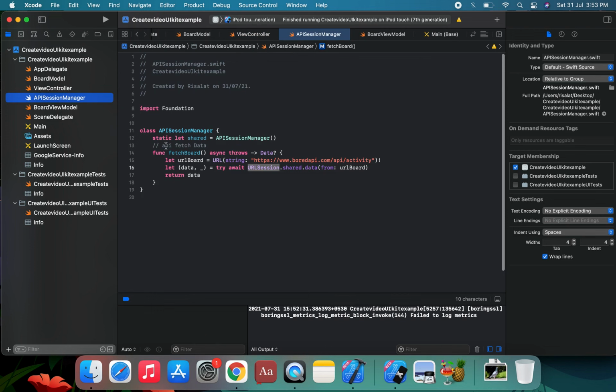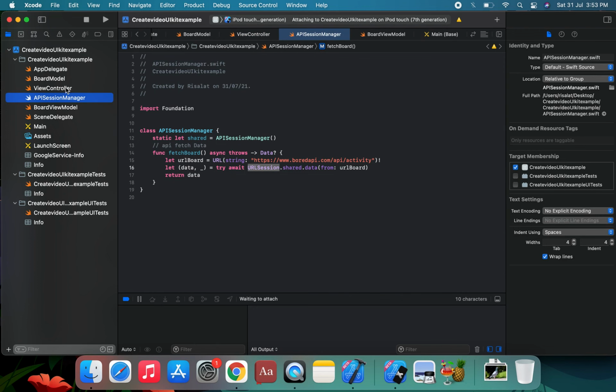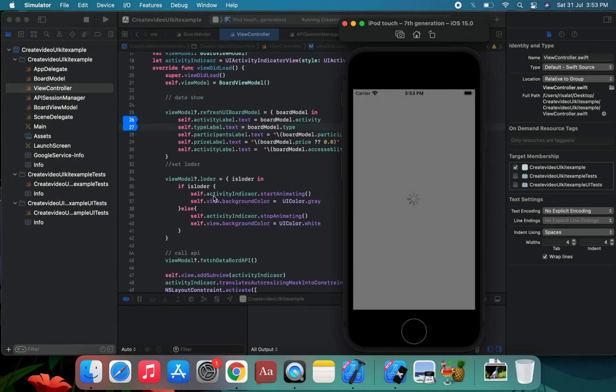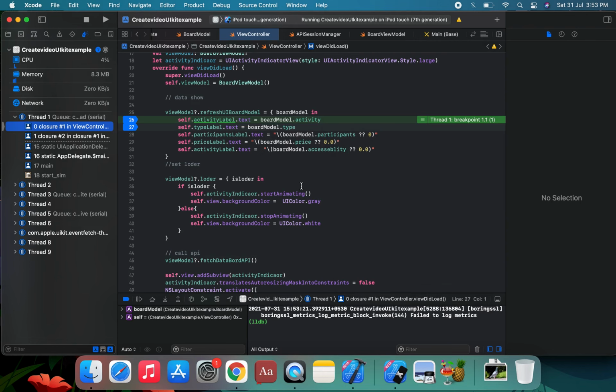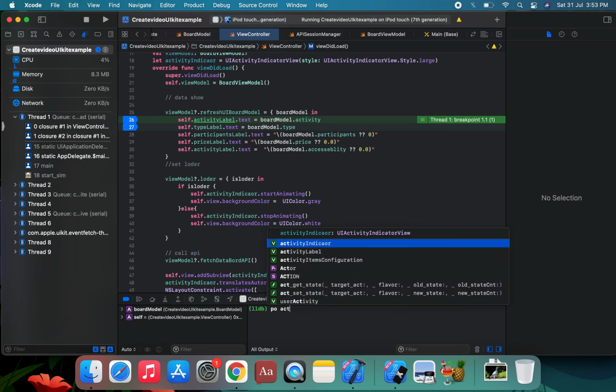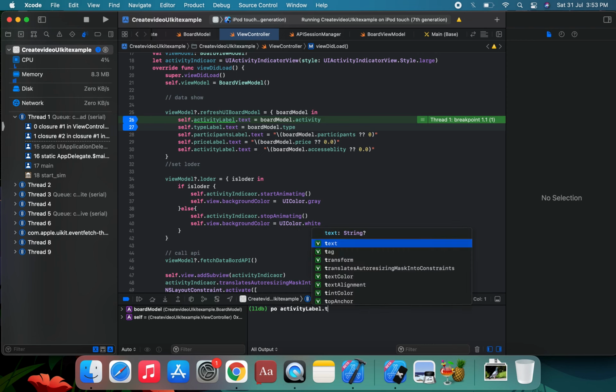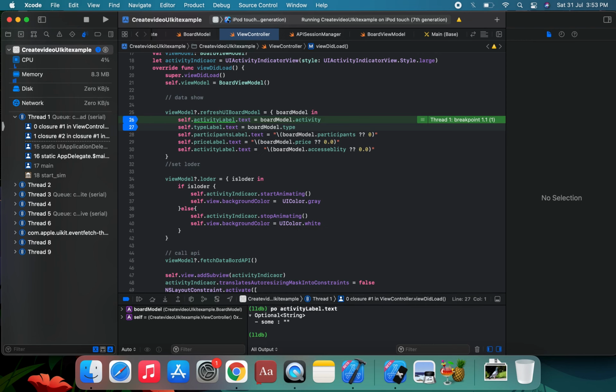With the URL session manager, we can run the application and show the activity labels. We're going to print data from the activity label, the activity label text. It is an empty string, and we apply the next element to the activity label.